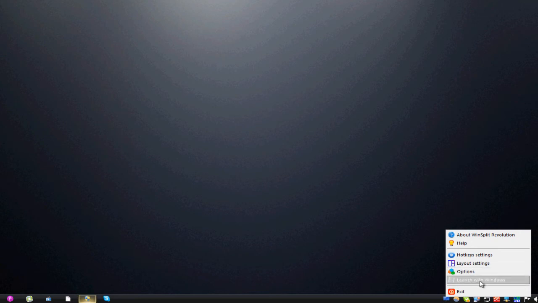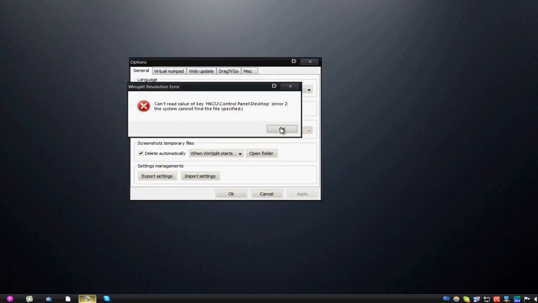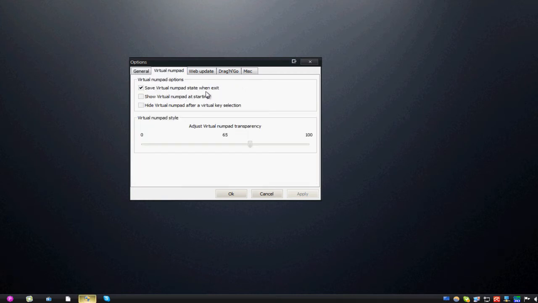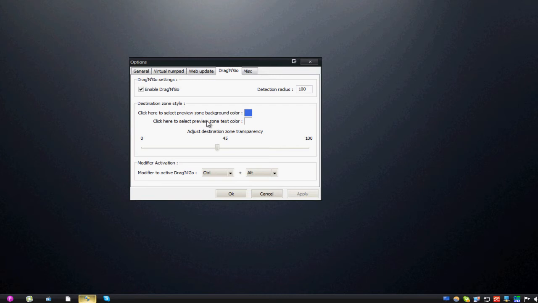You can say launch with Windows if you want it to start up. It's just the options tab, and basically this allows you to choose your language and automatically delete temporary files. You can use the virtual numpad, which is the one I'm using right now that I showed you earlier. There's a web update. There's something called drag and go, which I'm not sure what it does,